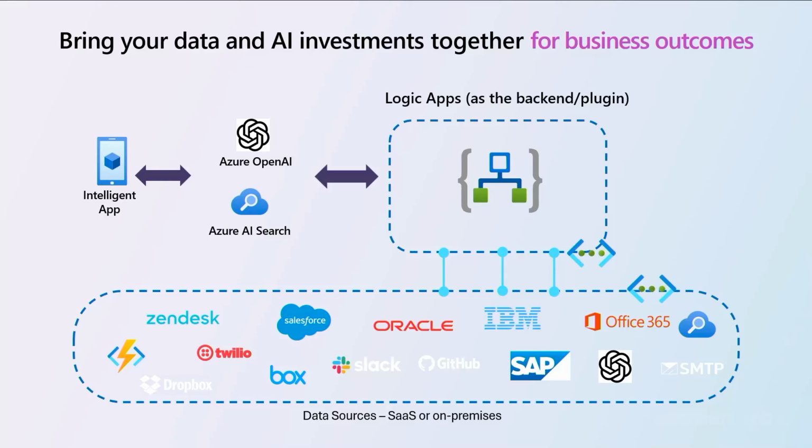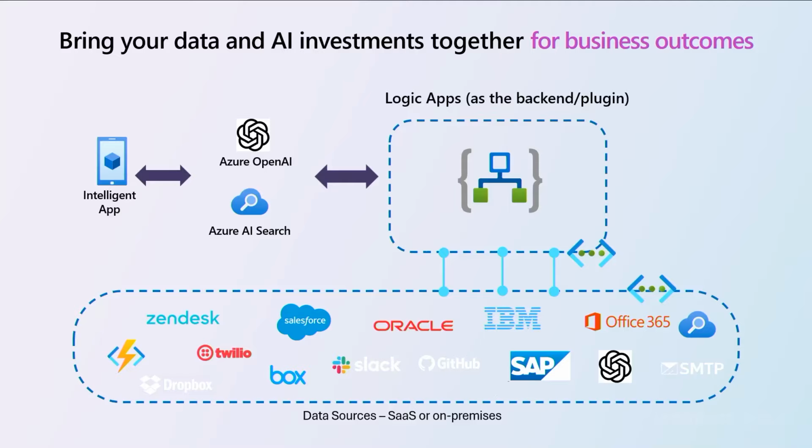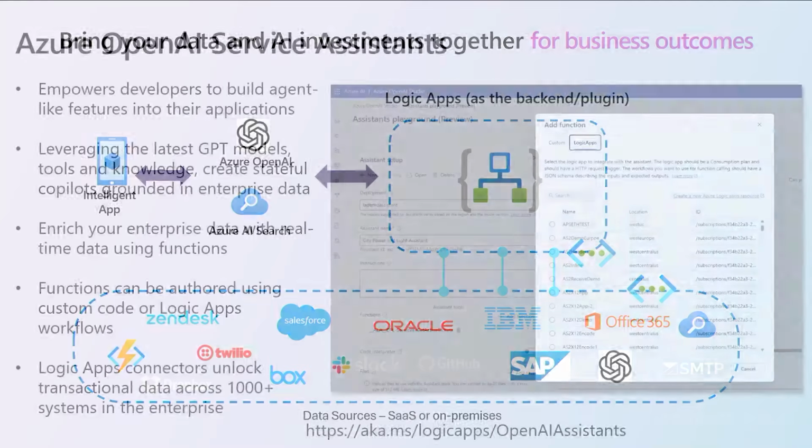You're going to see a couple here in these slides, but Azure OpenAI in particular, and also the Semantic Kernel team, where we can go ahead and include Logic Apps as a plugin. Part of the reason why we fit in really well here is our library of connectors. There are more than 1,000 different connectors that allow you to transact, and the key word is transact, with those different LOB systems. So instead of giving someone instructions to go complete 5 steps in SAP, why don't you complete those 5 steps for them and use the connectors to automate that work and actually remove the work. So these things really work hand in hand, the LLM plus the ability to use